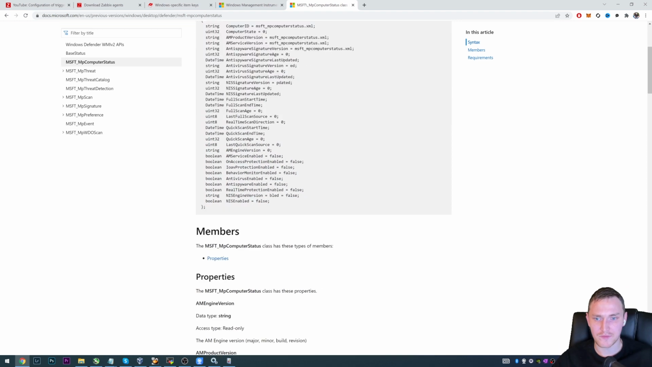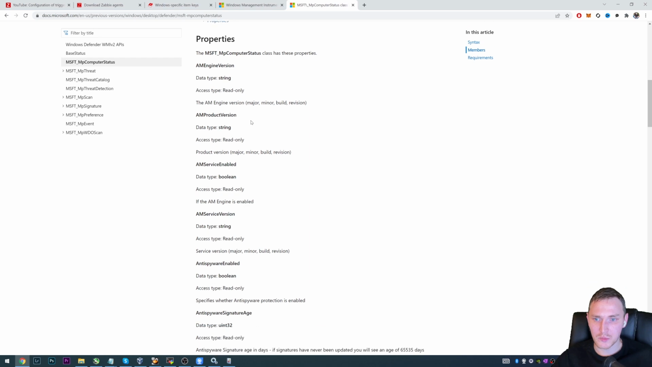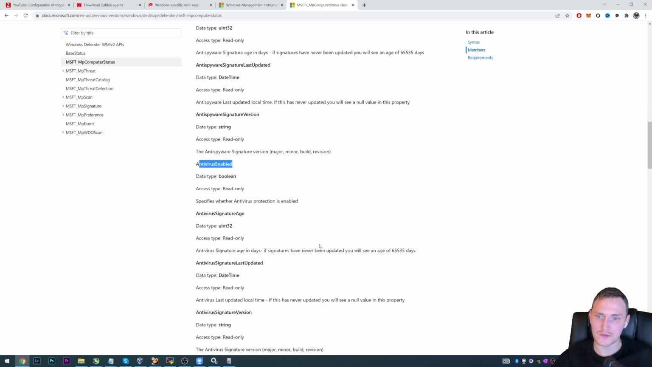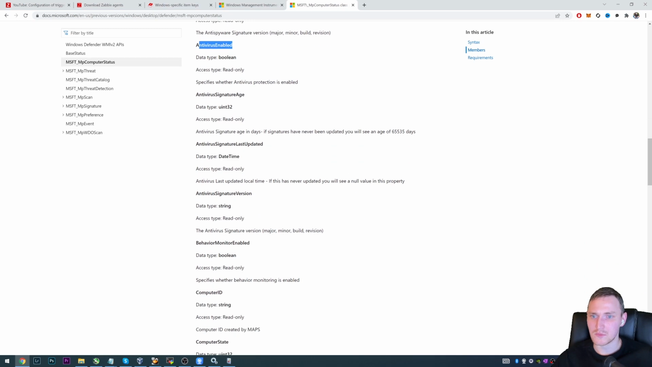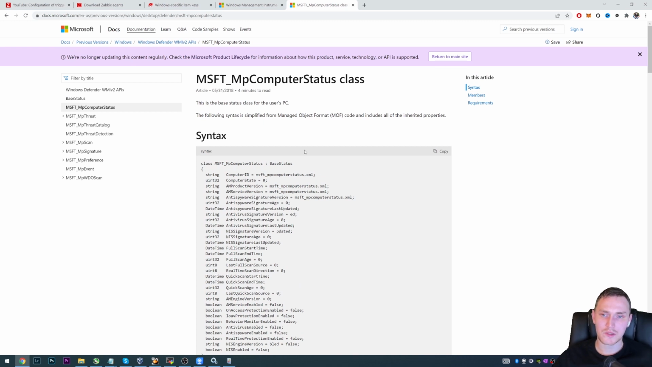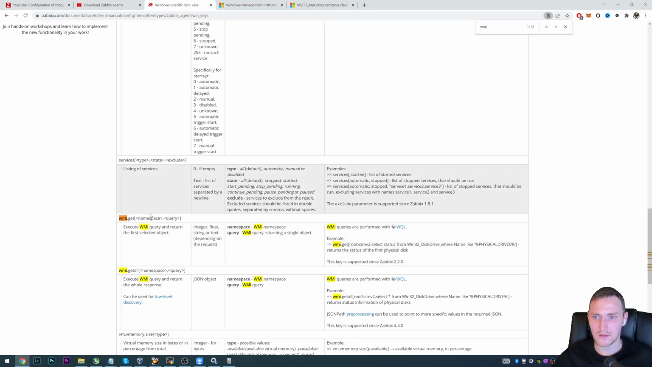And there you can see what potential data we can collect, like the AM service version, which is the service version, antivirus signature age, antivirus enabled or disabled, also the signature versions, date time, which in this case can allow us to monitor Windows Defender and be notified if, let's say, the computer was not scanned for multiple months, or maybe the database version of the antivirus has not been updated for some time. And how can we collect this data inside Zabbix with the WMI items, which are also